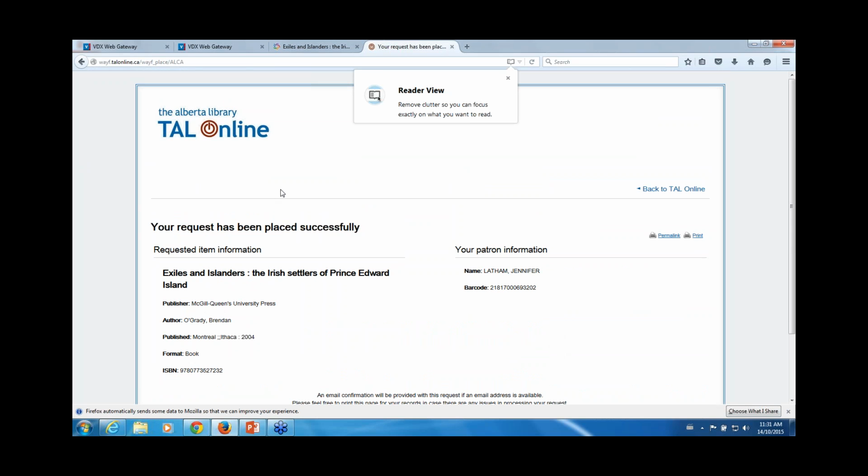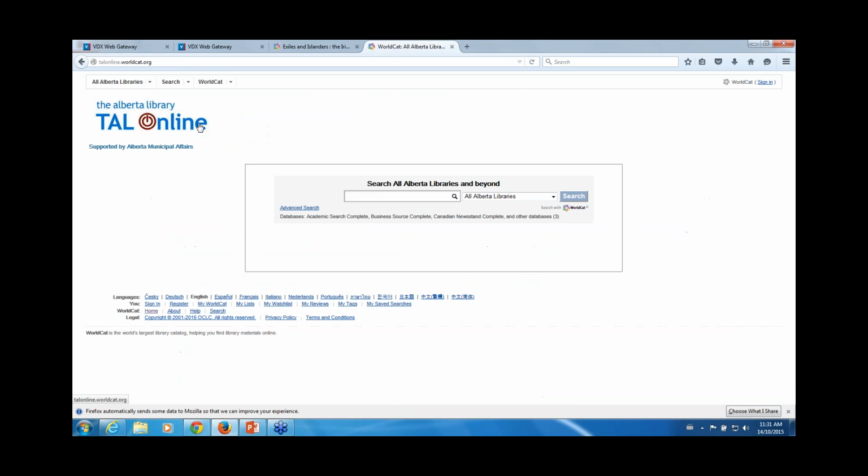So I'm going to do one more TAL request just to show you how much easier it is to do an article request within TAL. So we're going to go back, and I'm going to go back to just that one there. You'll see it's a slightly different page, but it still works. And I'm going to search for